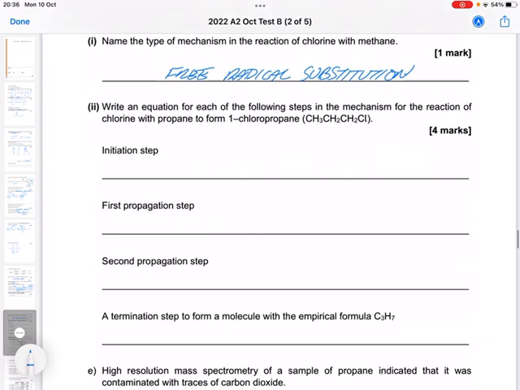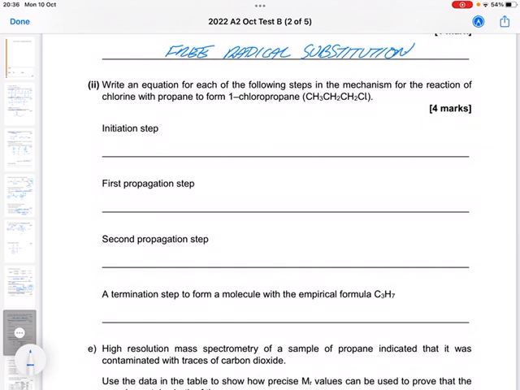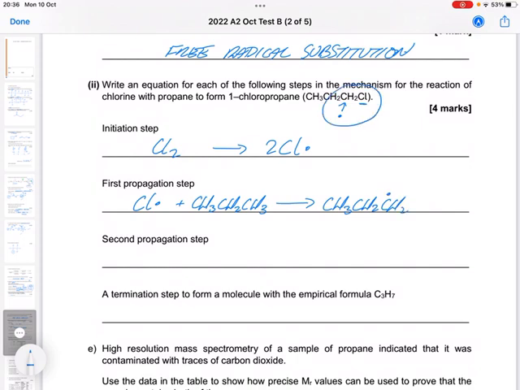And then write an equation for each of the following steps in the mechanism. So you see where the chlorine is here. I need to make sure that my dots go on there. So the initiation step is going to be that. My chlorine radical is going to react with propane, CH3CH2CH3. Never do these as molecular formulas. And that's going to give me CH3CH2CH2•, and I'm going to put my dot on there as I've outlined up here, plus HCl, and this is going to start my second propagation step